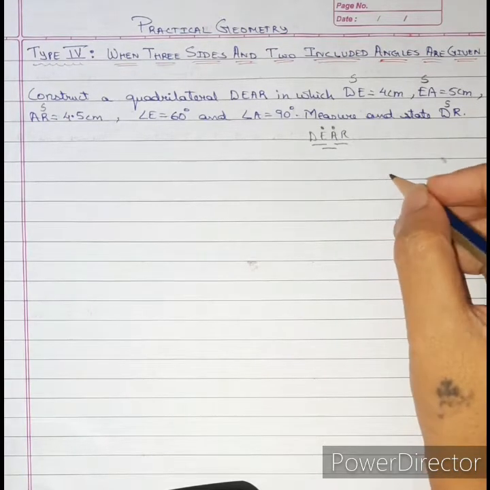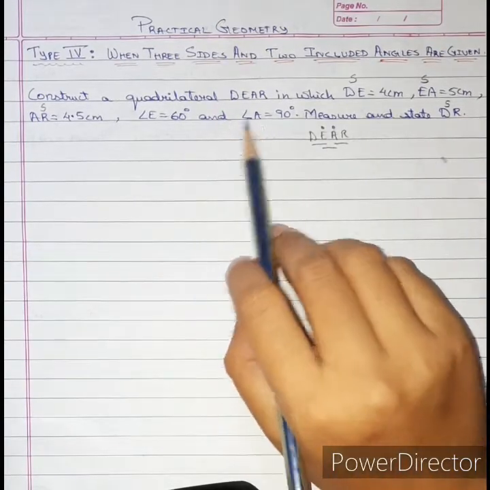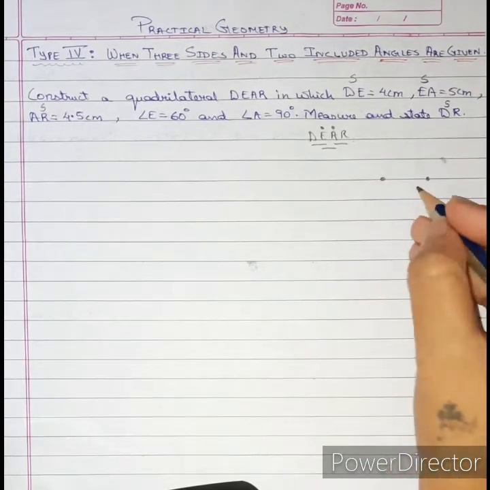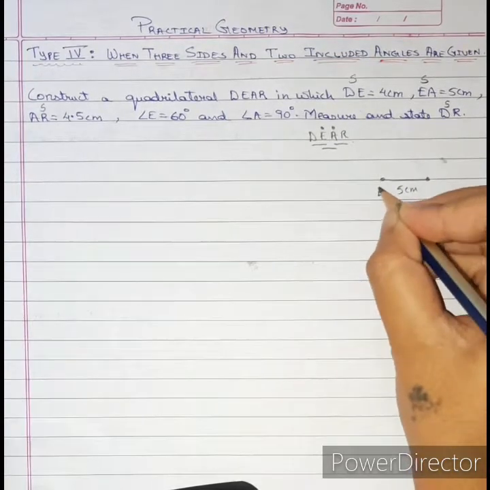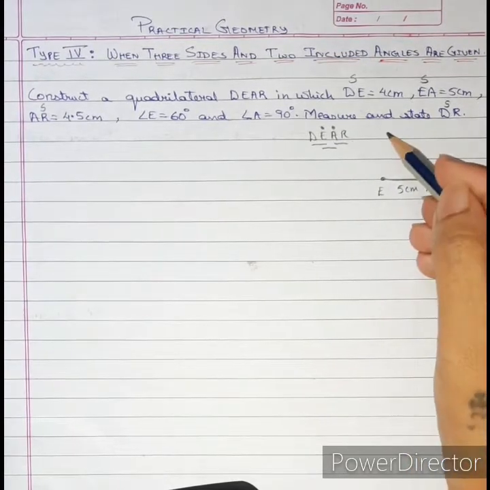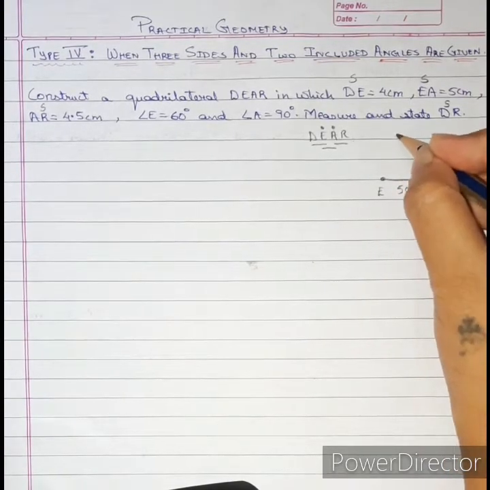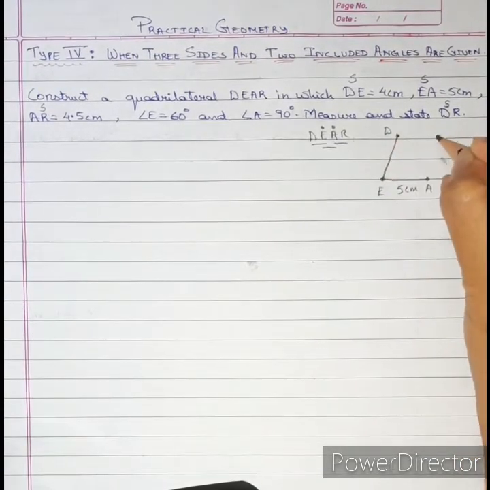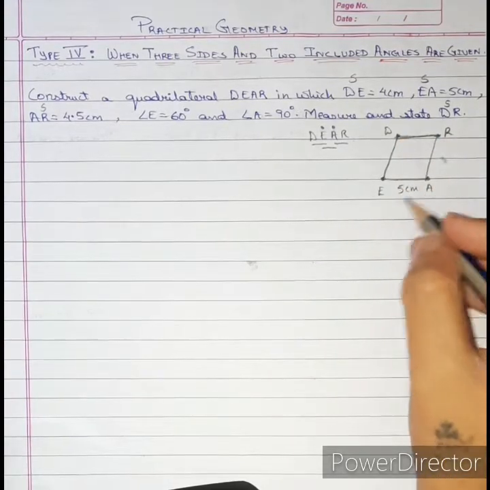So let us draw the rough figure first. What we are going to do is, there is no diagonal here, so we will take the base angles. Okay, base angles, that is EA, also side EA is given. So EA is given as 5 centimeter. D will be somewhere here, R will be somewhere here. So we will construct a quadrilateral by making a rough figure, and we will join this. This is just a rough figure to see which steps we are going to do first.